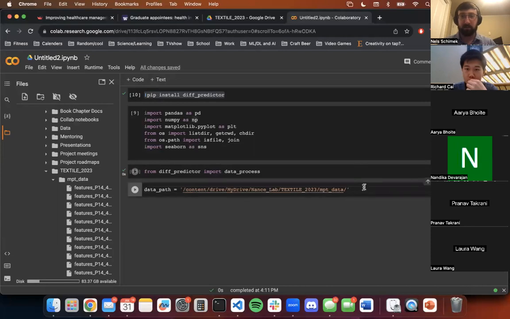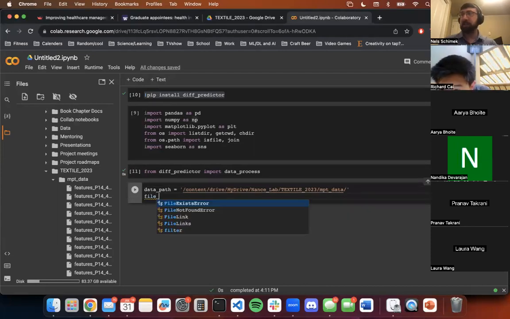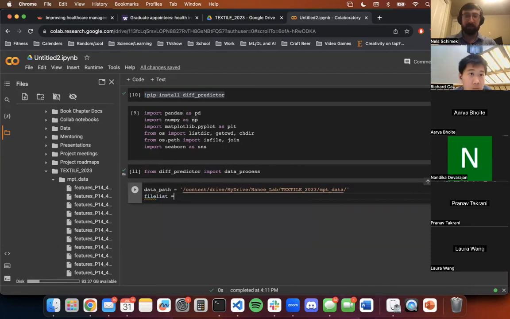And make sure to add a slash at the end. And I'm going to say my file list equals f for f in list dir data path